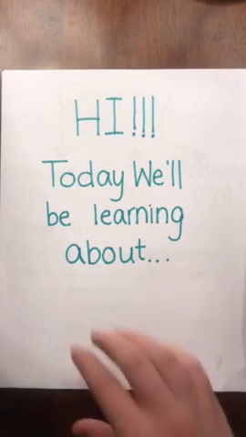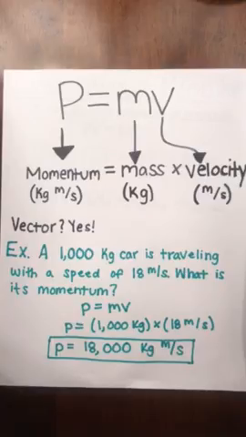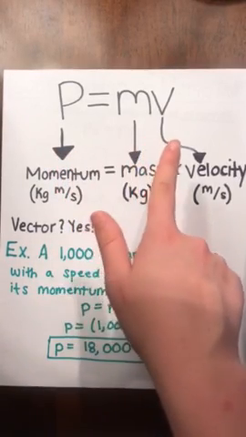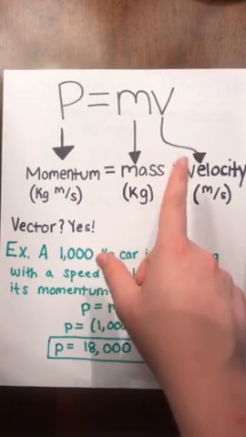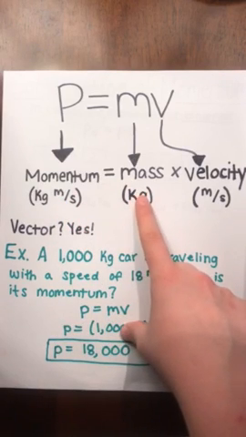Hi guys, so today we're going to be talking about momentum. So any object that's moving has momentum, and we can calculate an object's momentum by using the equation P equals mv. So P equals mv just means that an object's momentum can be calculated by multiplying its mass by its